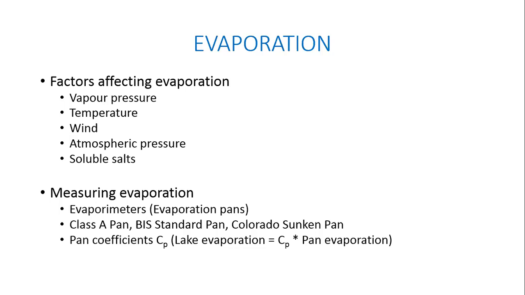So the evaporation from a lake will usually be this pan coefficient multiplied by the pan evaporation. Pan evaporation is the number that you get from the pan, and then you multiply it by a coefficient, and you get the actual evaporation from a nearby lake. So you can have evaporation stations at multiple locations all over your watershed, for example, and at each location it will tell you how much evaporation is happening at that particular location.